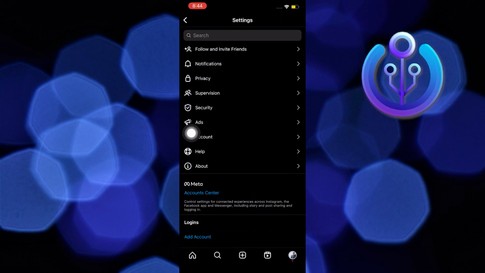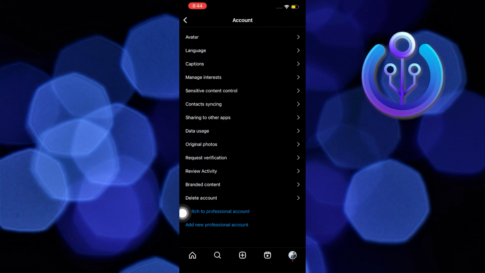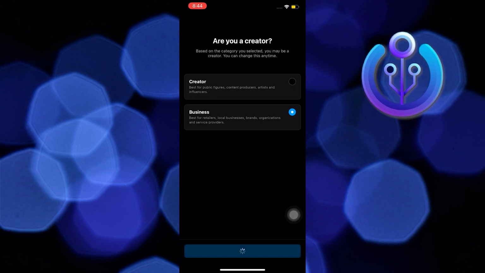Once you are in Settings this time, tap on Account. On Account, scroll down, and then go to Switch to Professional Account. In here, you will need to input the basic details on what best describes you as a professional account. In here, if you are a creator or a business, tap on which one,